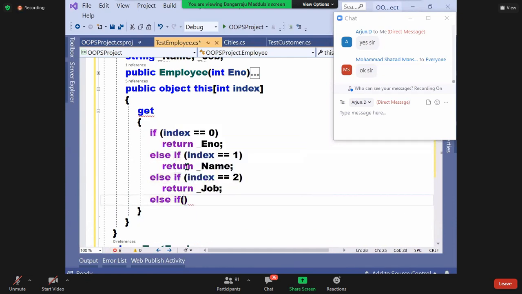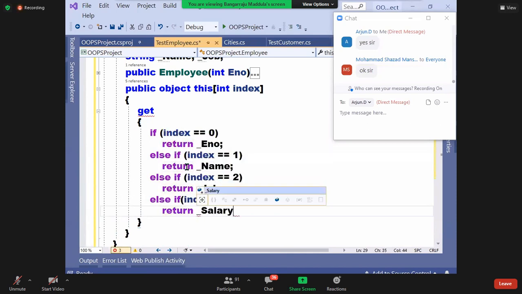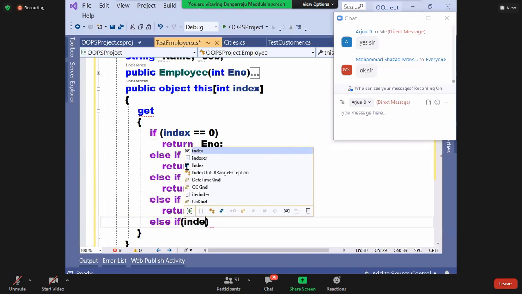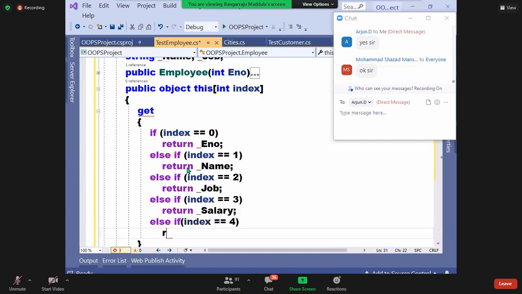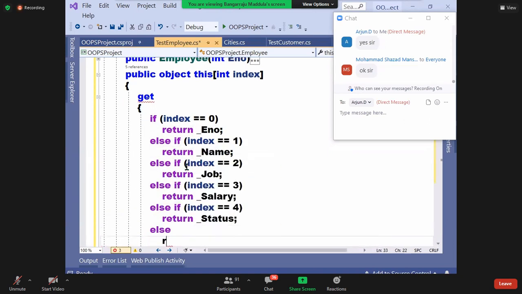Else if index is equals to 3, return _salary. Else if index is equals to 4, return _status. Else return null. If you give a wrong index, null will come now.